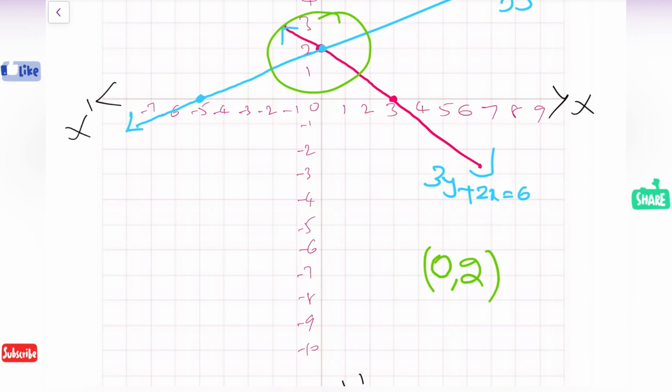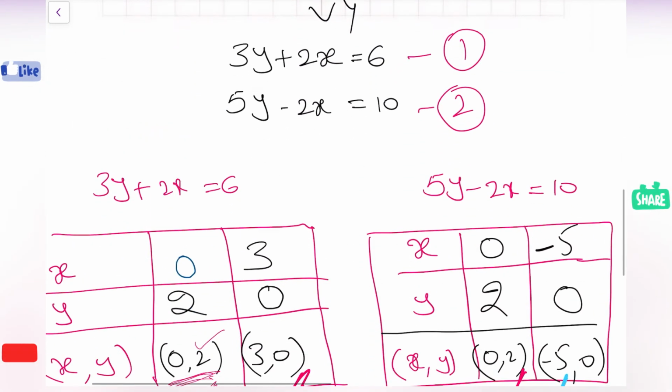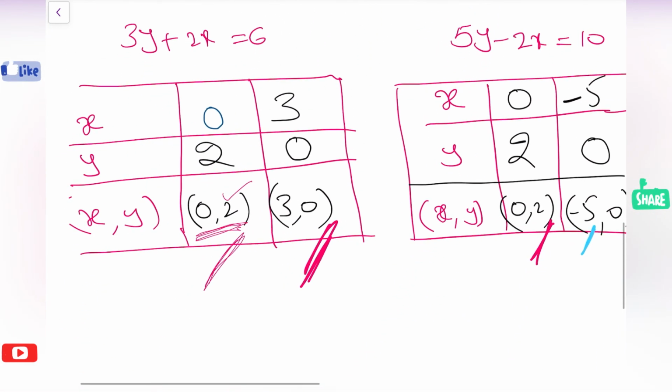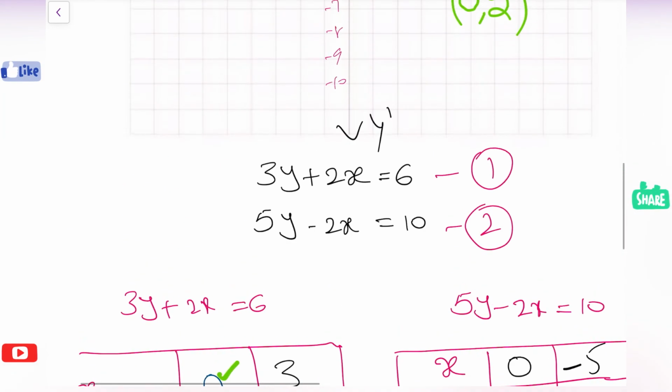And in this question, most of the students raise one doubt, that is, what is the need of taking only these 2 points? Then what happens if we take more than 2 points? Why always substituting x as 0 and y as 0 only? What happens if you substitute another number in place of these zeros? Nothing will happen.